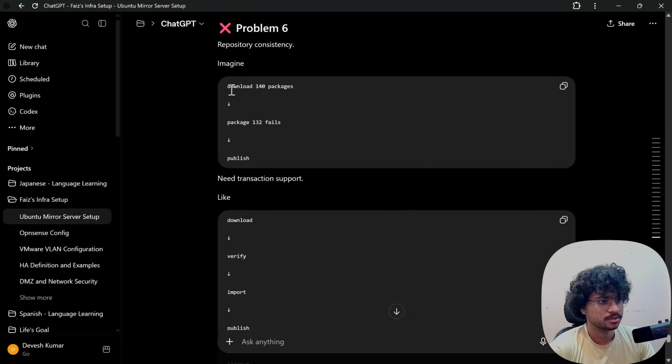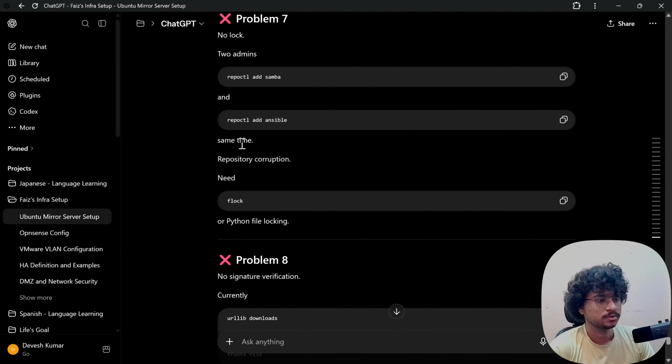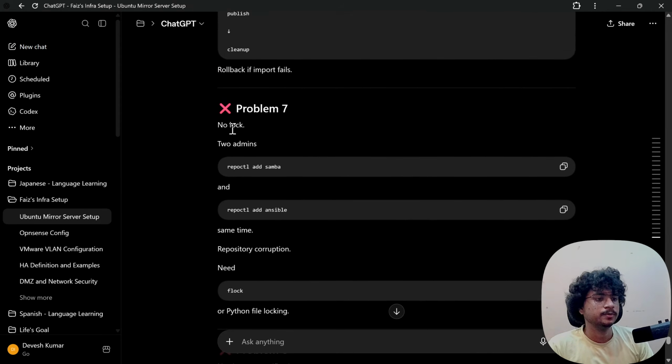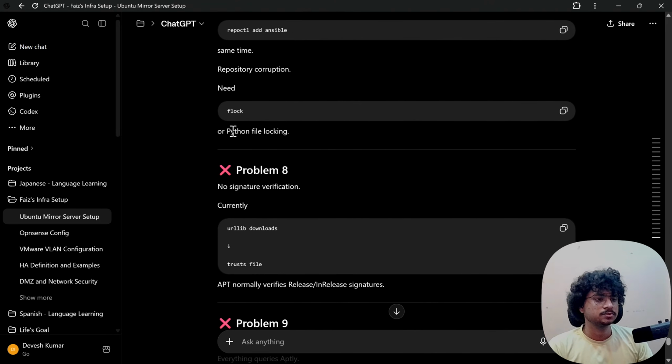Repo consistency: need transaction support. Two admins, no lock, repository corruption.